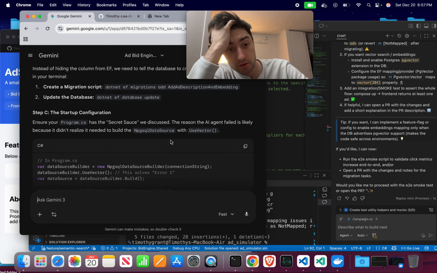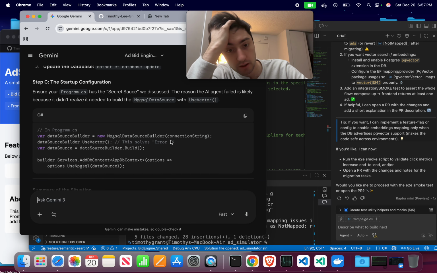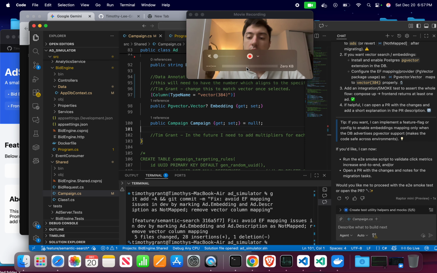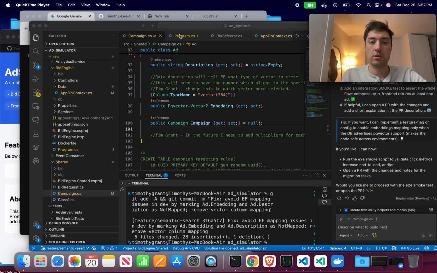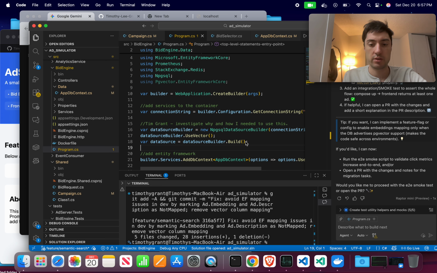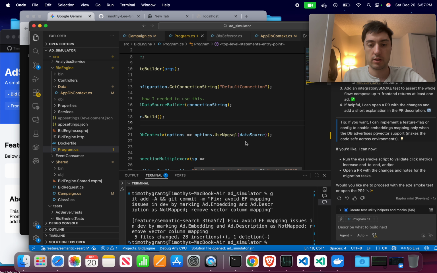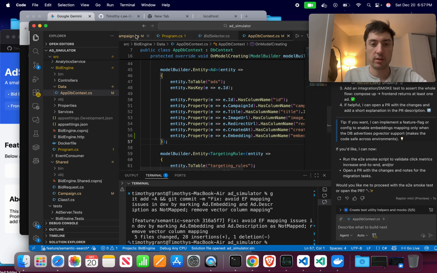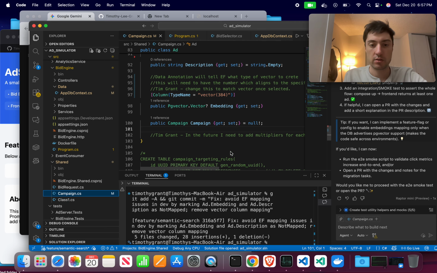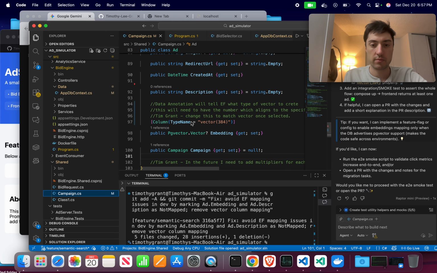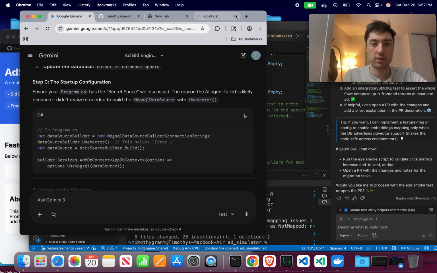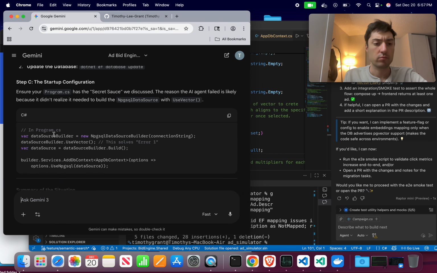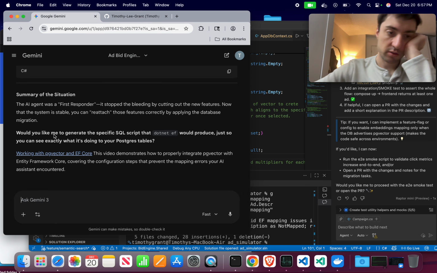The startup configuration: ensure that it has the secret sauce. Error number 1. Okay, in Program.cs here we have this, and the data source. In the context we have this, and in the campaign we have these. Both of those are present. Okay, so the only thing that we